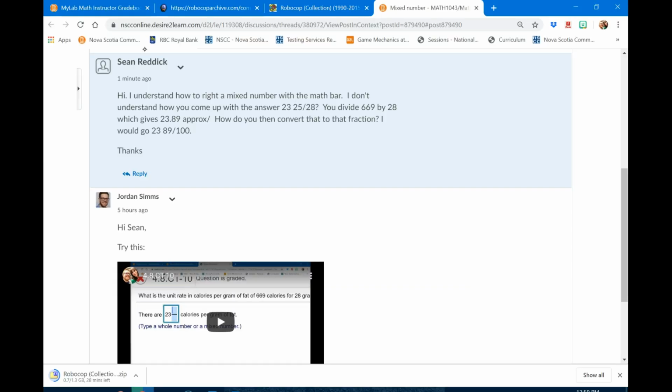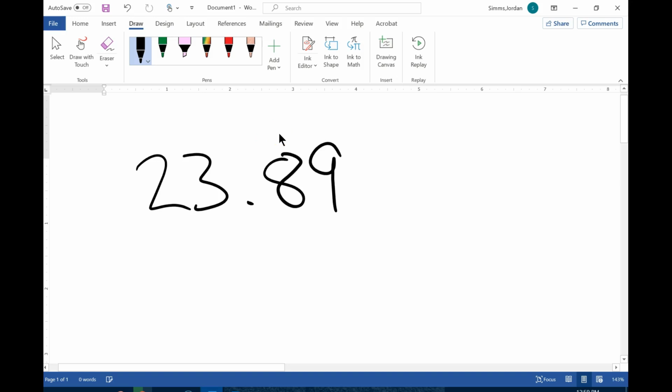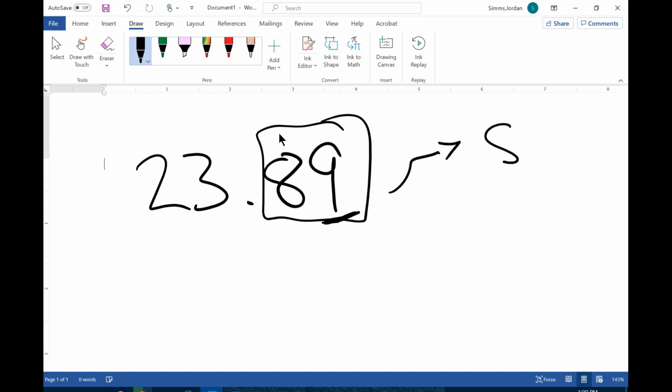Another way, though, if we do look here and you blasted it in, you came up with 23.89, right? So if we just wanted to think about that, or another way, 23.89. And that's probably some rounding going on there too, right? I would call that 0.88, but whatever. We could see this as this is the hundredths place. So we could express this little part right here as a fraction of 89 over 100. Okay, now again, there's some rounding error here because we're not going to get that 25 over 28,